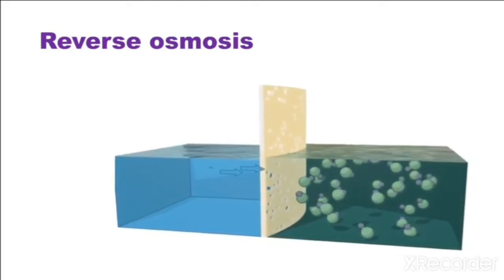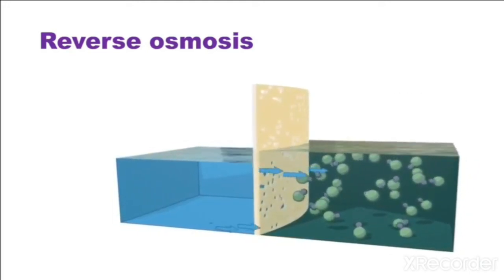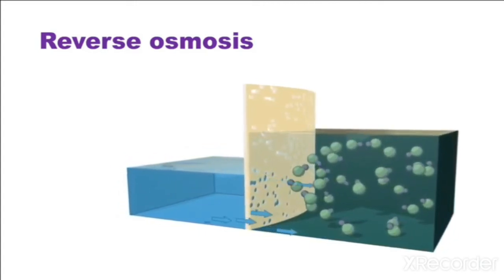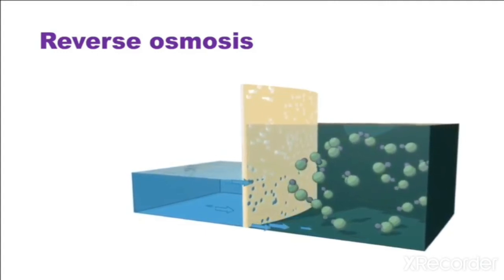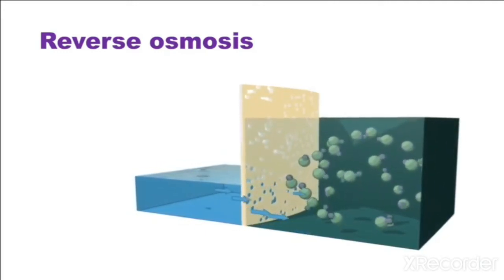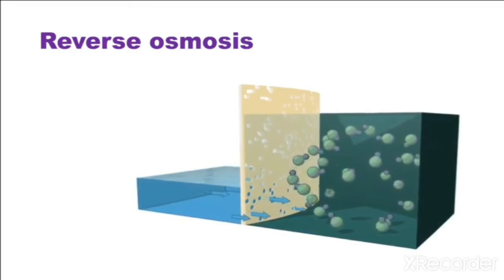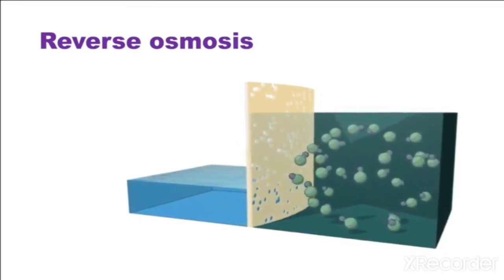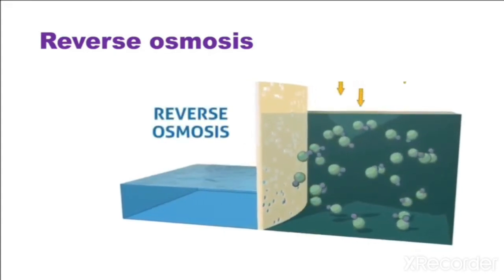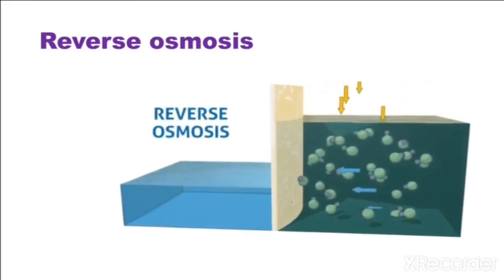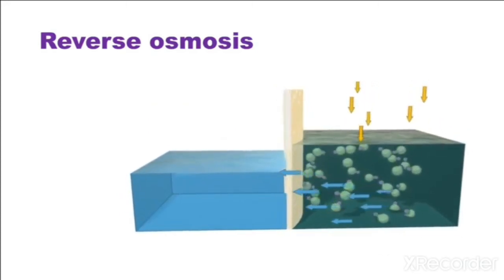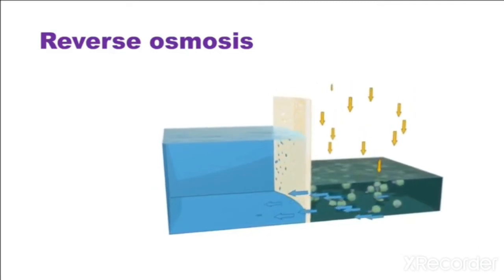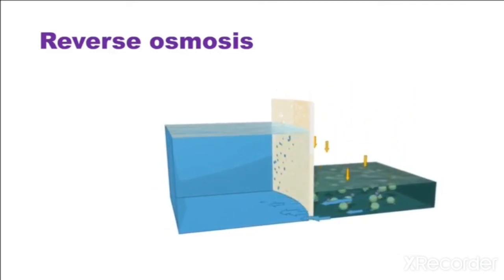The flow of liquid through such a membrane occurs naturally to try and even out the salt concentrations between the two solutions. That is, the liquid flows from the less concentrated solution, such as fresh water, to a more concentrated solution, such as seawater. When the direction of liquid flow is reversed, it's called reverse osmosis. By pressurizing the concentrated solution, in this case seawater, we are able to force water molecules in the reverse direction, from the salty seawater side through the membrane to the freshwater side.